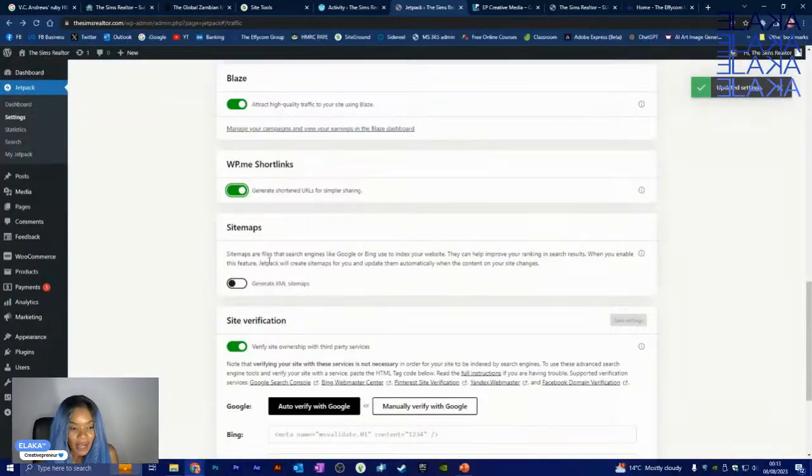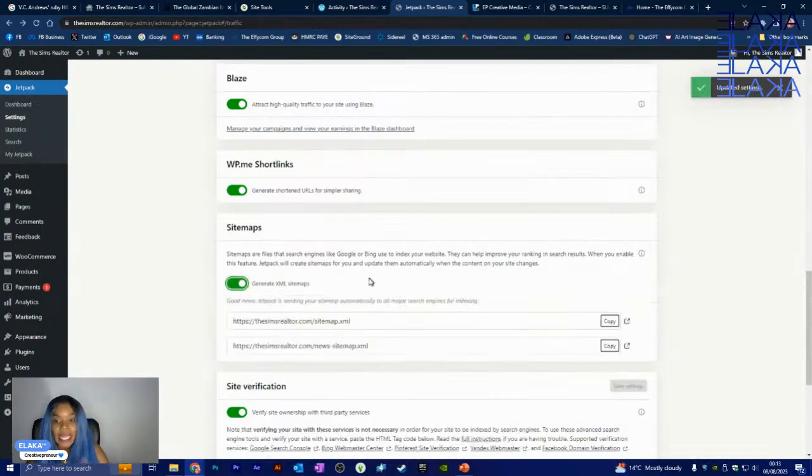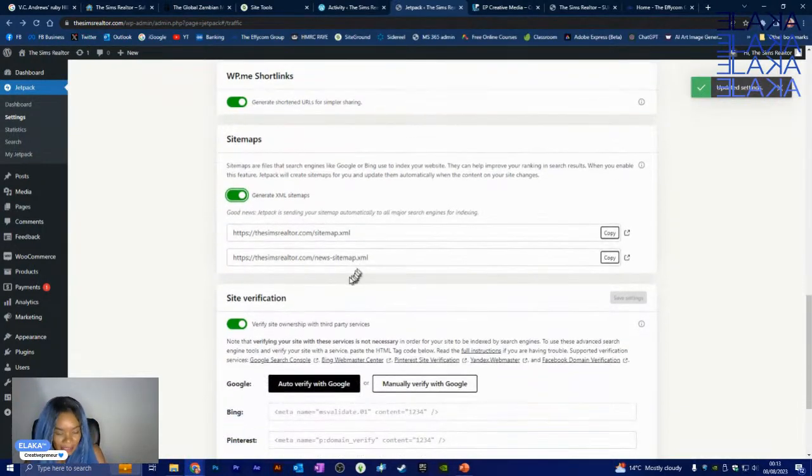Sitemaps. Sitemaps are files that search engines like Google or Bing use to index your website. They can help improve your ranking in search results. When you enable this feature, Jetpack will create sitemaps for you and update them automatically when the content on your site changes. So yes, generate XML sitemaps. I definitely recommend that. And good news, Jetpack is sending your sitemap automatically to all major search engines